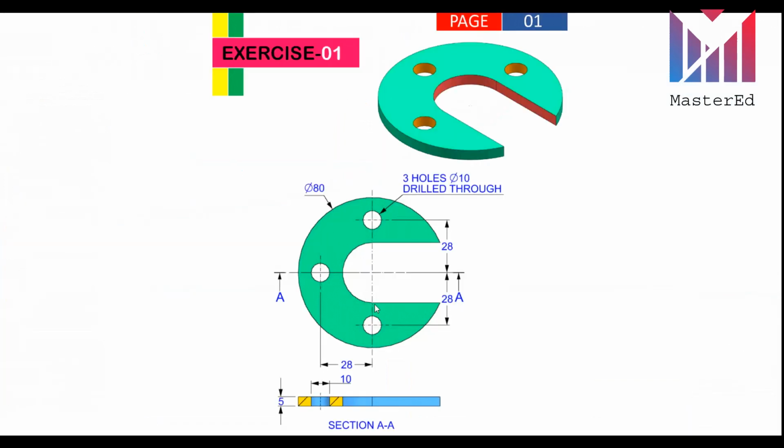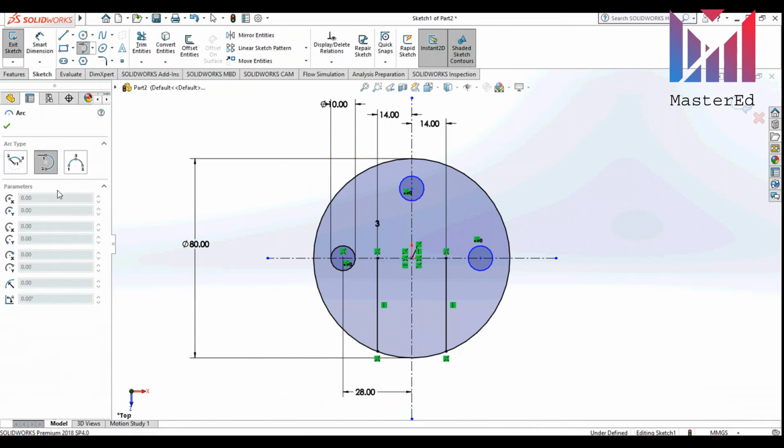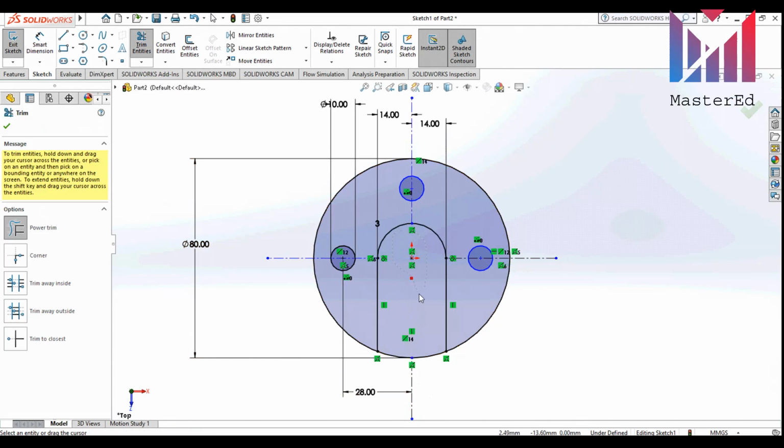Then for us to finish this shape, we need the next command, which is a tangent arc. So we will choose tangent arc. Now we click the upper points of the lines and connect them to one another. Our sketch is almost done, but it needs a bit of cleaning. For this, we are using the trim entity command, which is also located in the Sketch tab. By clicking and holding the left button of the mouse, we remove